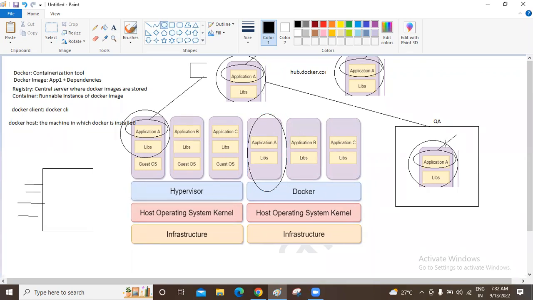So from here to here, the difference is here only the application source code has been deployed into the QA environment. Here, along with the application, we are also getting the same environment, that is libraries and binaries, from here to here. And we should install Docker also, so that the same environment we will be using from here to here. So there is no chance of the application failing in the other environments, because we are getting the same libraries, same versions. This is the advantage of the containers, and we can run multiple containers.